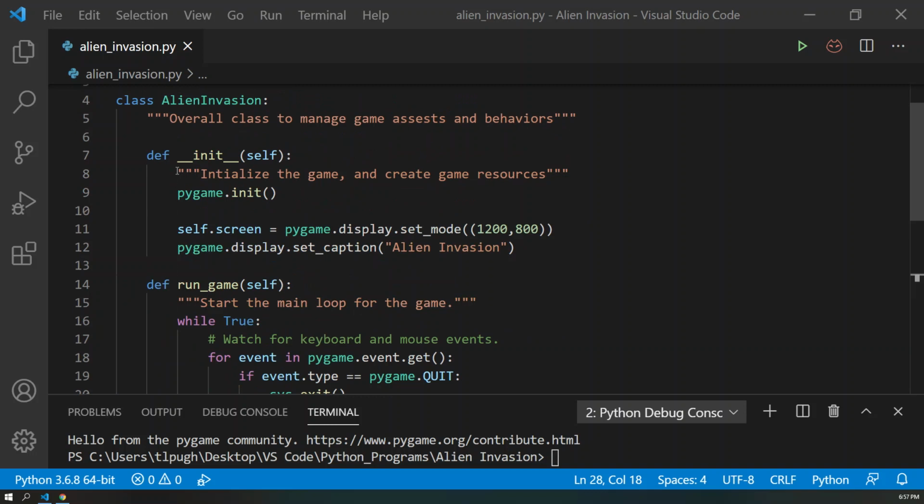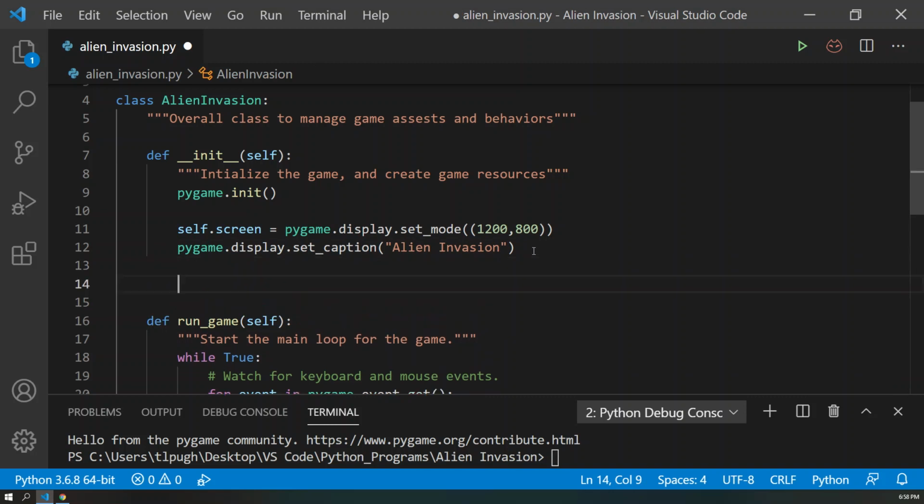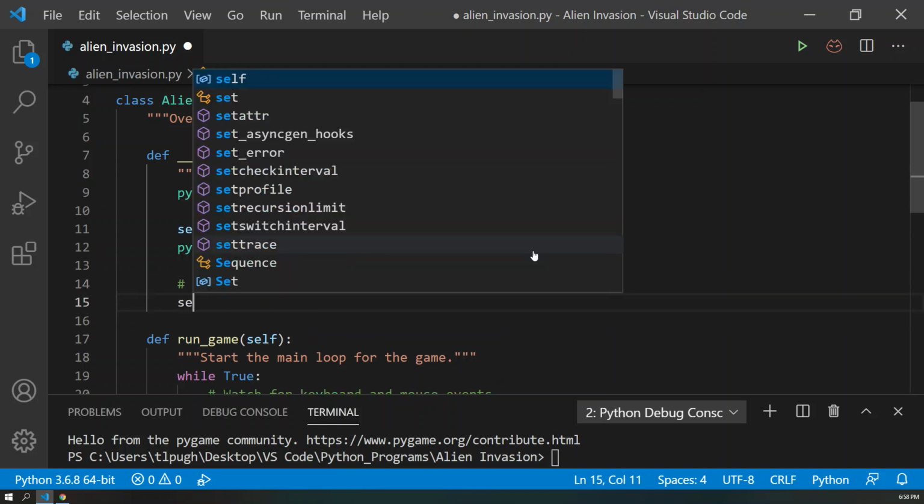We're going to run up here to the init method, and you see we're creating the screen and we're setting the caption. So we're going to throw in a little bit of code here. Right after we display the caption, we are going to set the background color. So just put a little comment in here, set the background color, and that way we'll know what's going on here. And to do that, we'll do